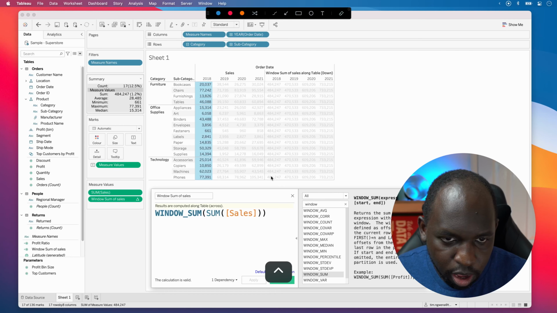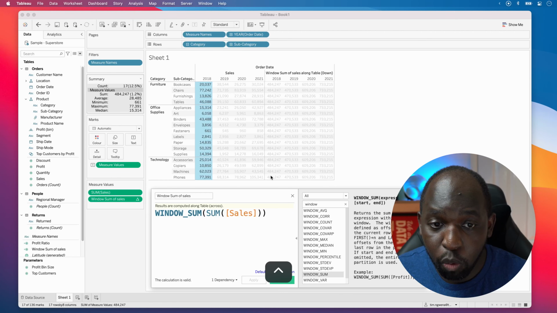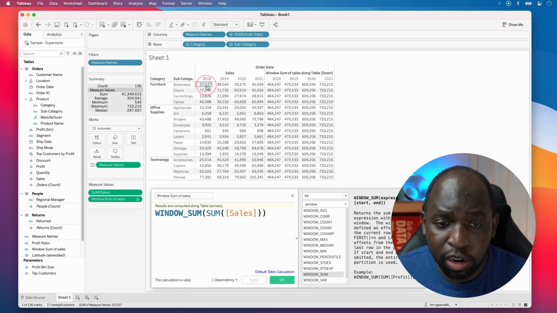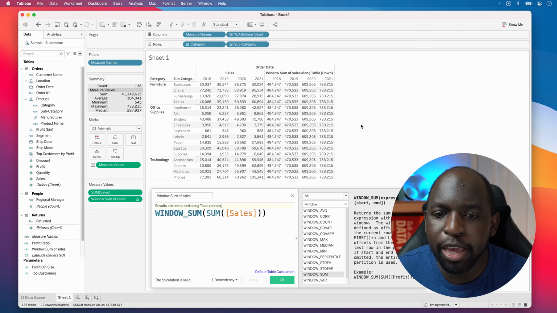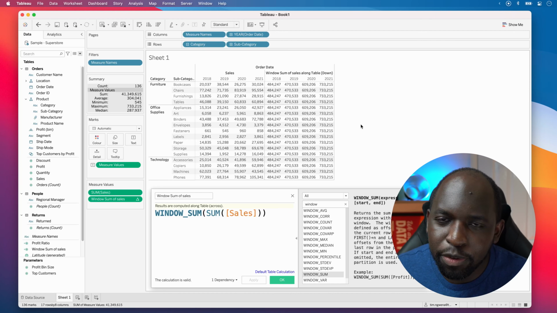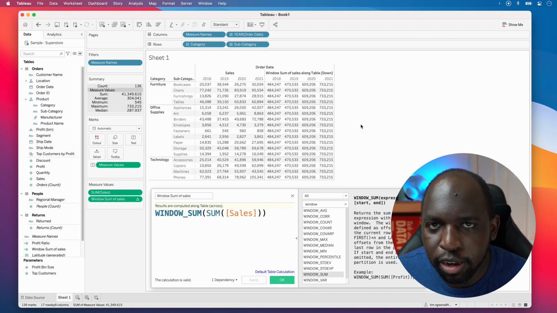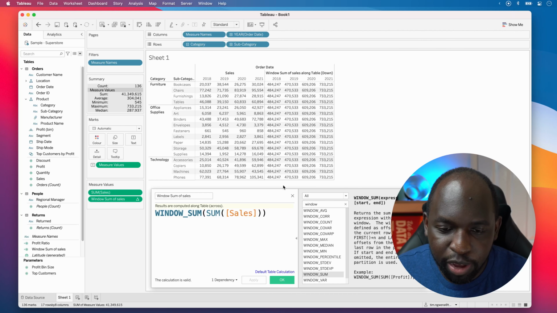So we're now starting to understand a bit more about what direction is doing, and we have an idea of what the window function is doing. It seems to be adding everything up in a specific context. But what do we really mean by this concept of a window? Well, in order to show you that, I'm going to need to use the function in its full form. Okay, so if I bring this